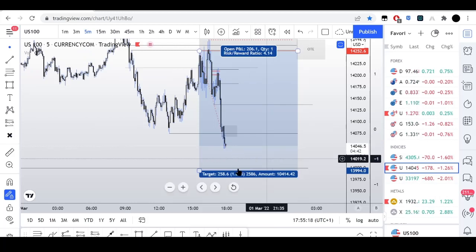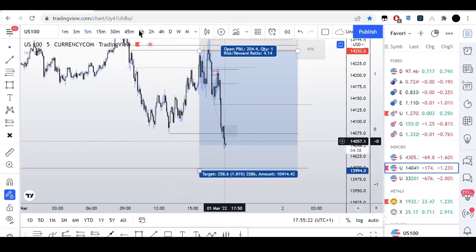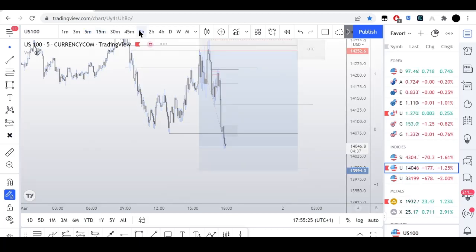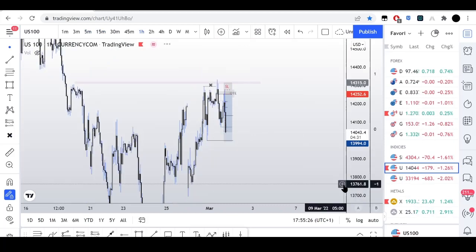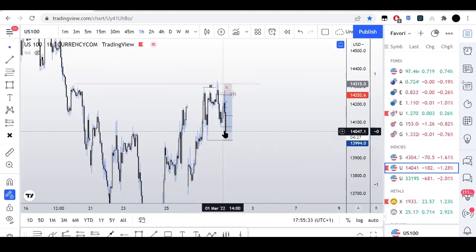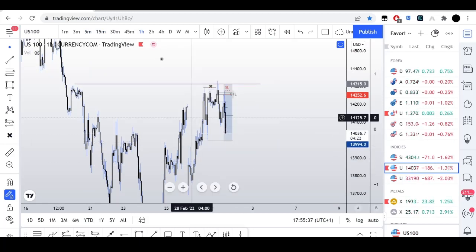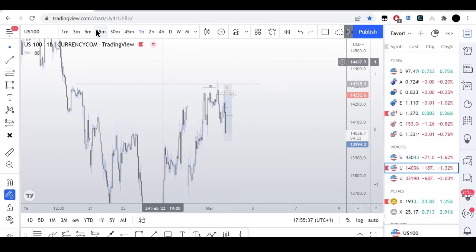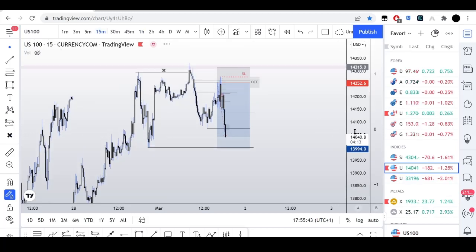What happens in this next 5-minute candle, see if we could get a displacement. The hourly should close in the next 5 minutes as well. So look at this hourly candle right here. Let's see if this next hourly candle could just take out that low. See what happens. Let's go to the 15-minute. But yeah, this is a really nice trade. Really nice trade.